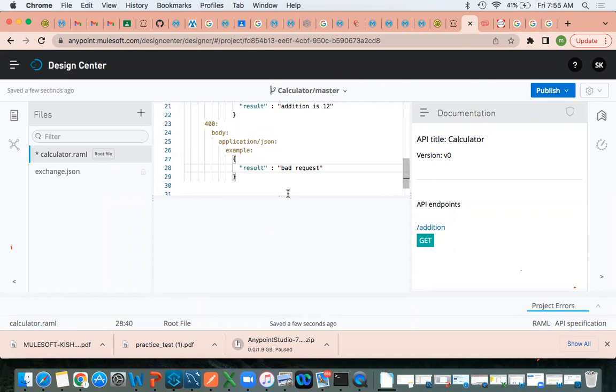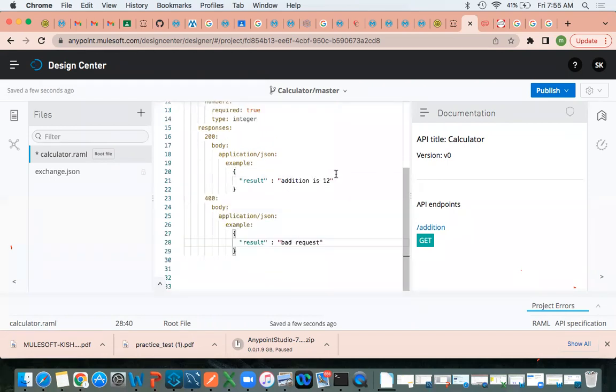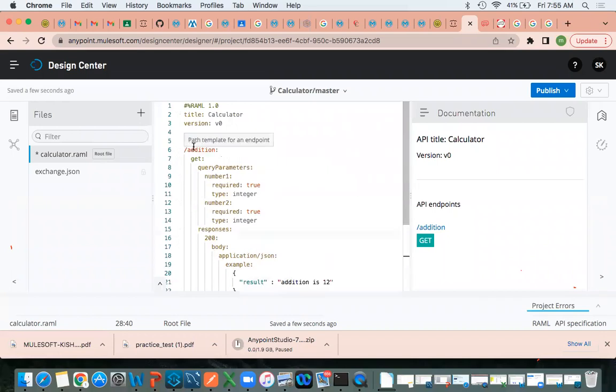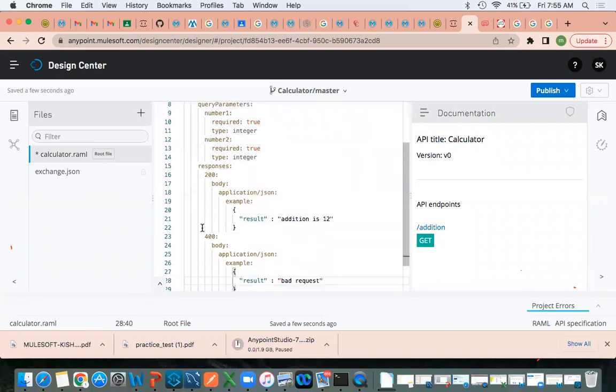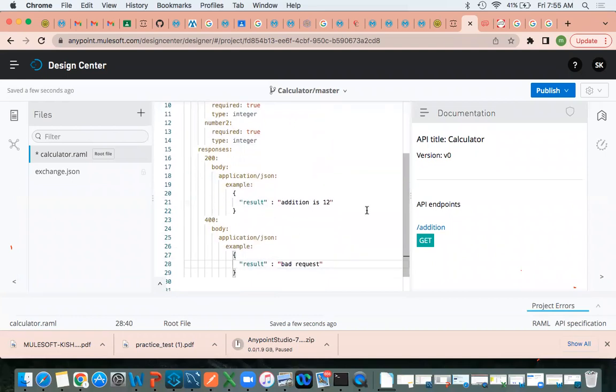So if you want to construct an API, we need 5 things. All 5, did I write them or not? Resource path, method, request, response, status codes, right? Now I want to test my API. So I'll click on this get method,